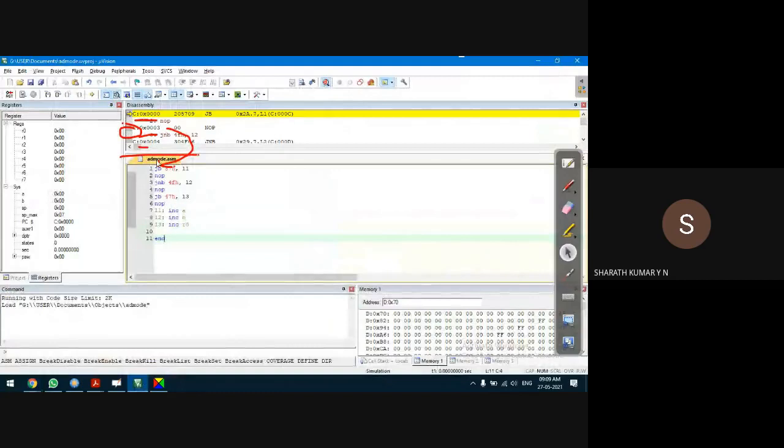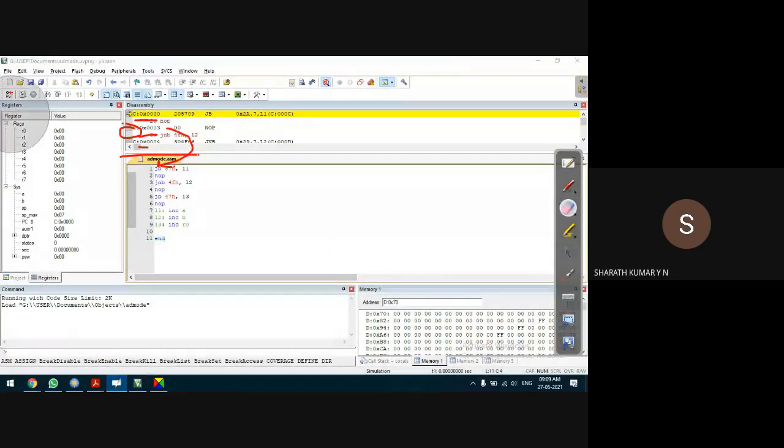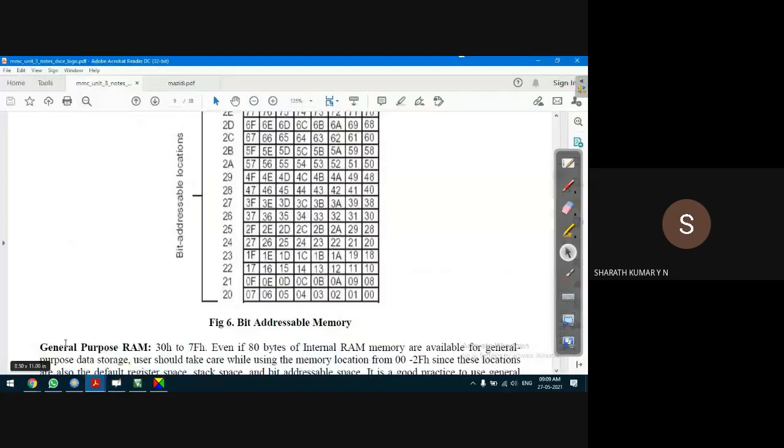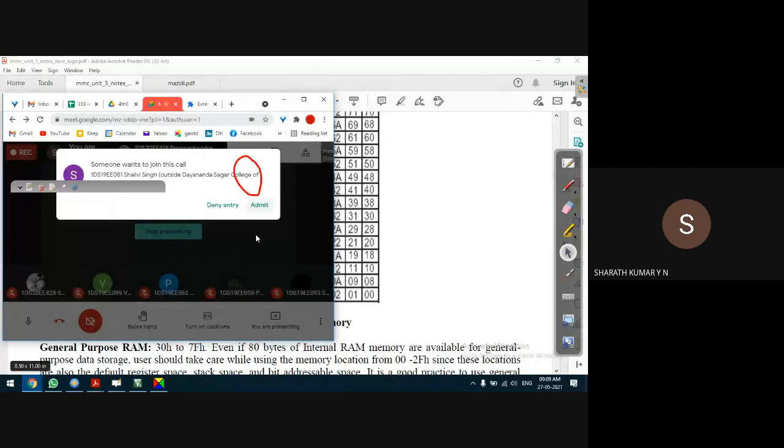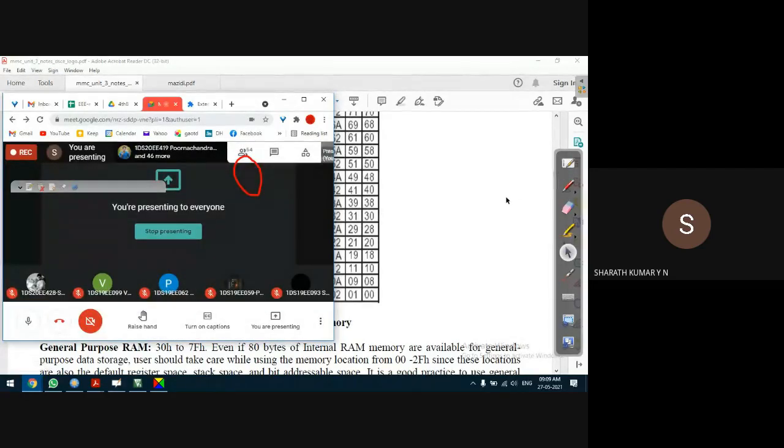So now I need to set these locations to 1. The thing is, I cannot access these locations individually, just like the carry bit in the program status word. We cannot view a single bit.